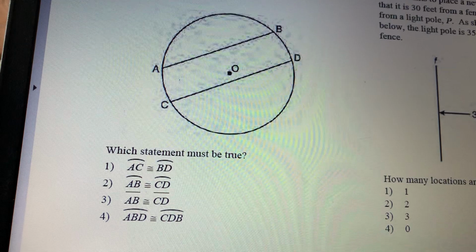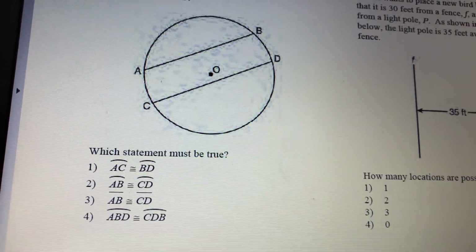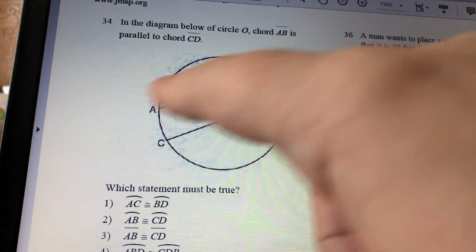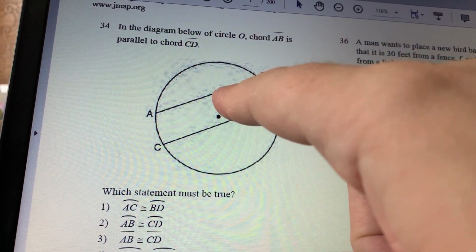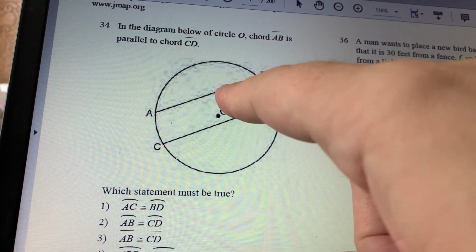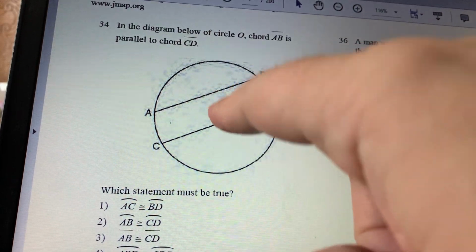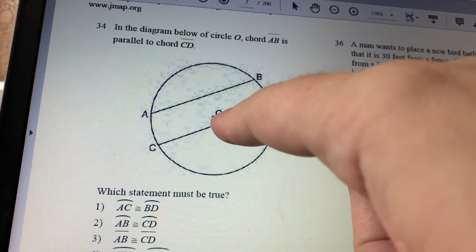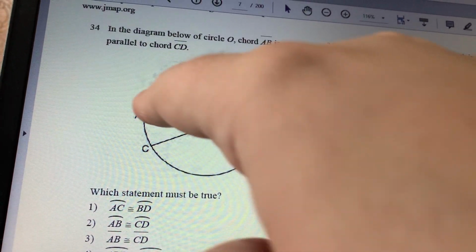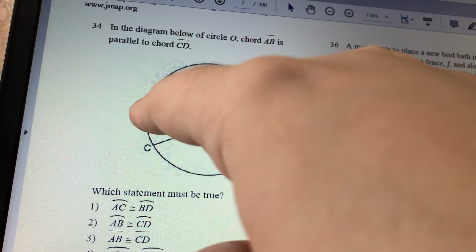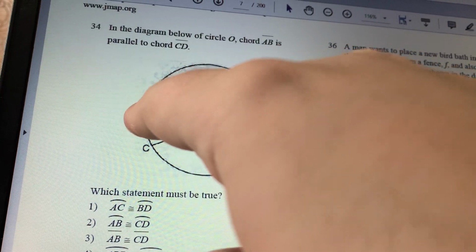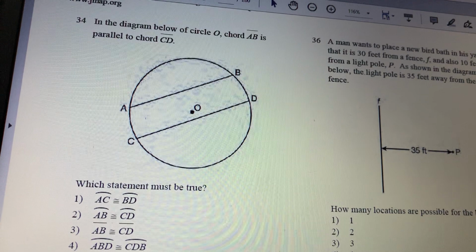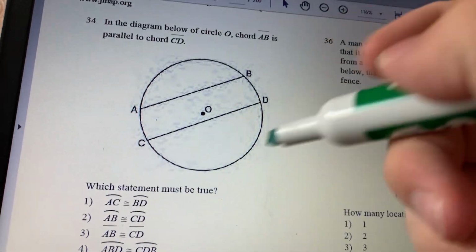The first answer, arc AC is congruent to arc BD. But the mathematical idea is being parallel. It doesn't matter how far the two lines are from the center or how far apart they are from each other. Since they're parallel, you could try to do something to prove this if you want to, but since they're parallel, even if the line was up here, or let me even draw the line ahead,